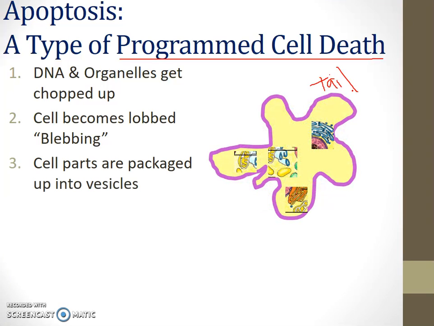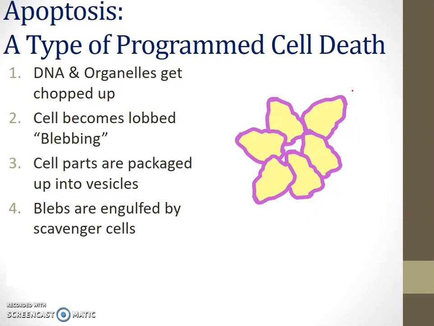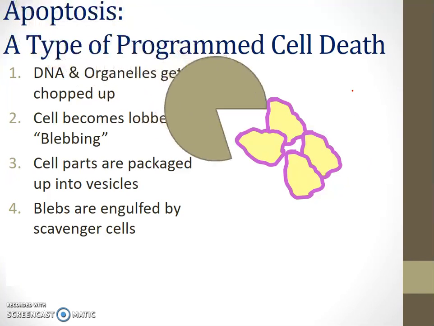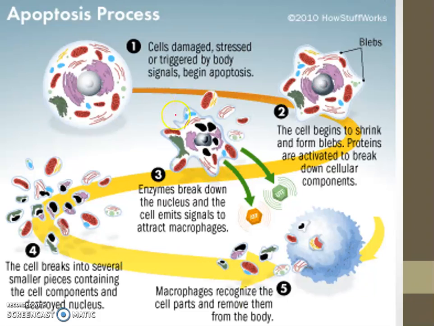And then the cell parts are packaged up into vesicles. And then scavenger cells will actually come and clean up and recycle these parts. So these phospholipids, carbohydrates, proteins that were in the cell will be cleaned up and reused. And it leaves no trace. And so here's just another picture showing